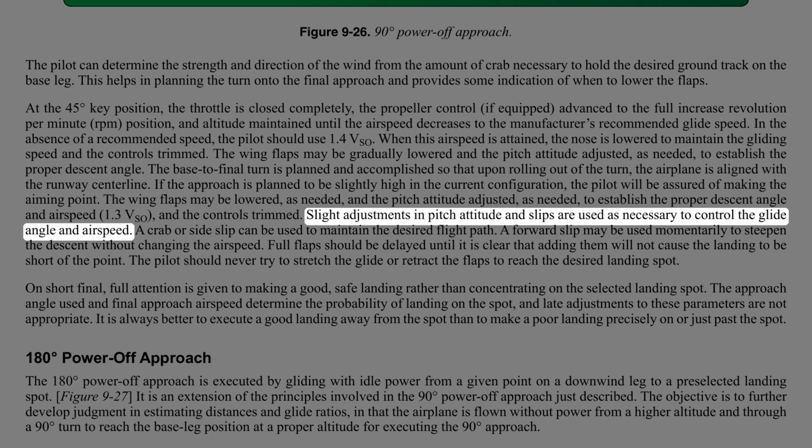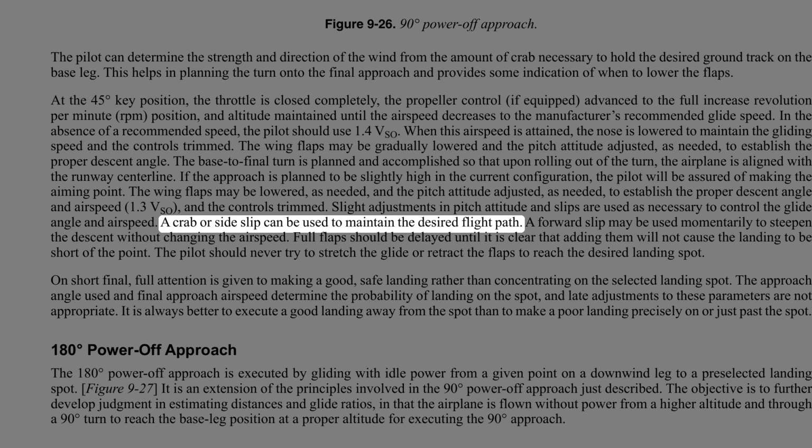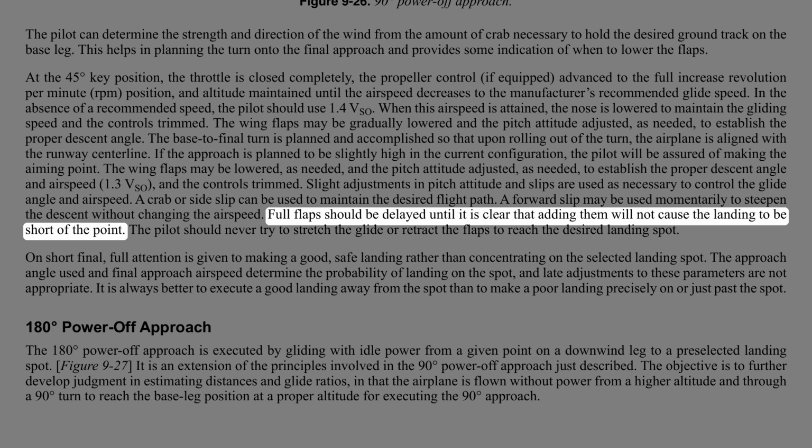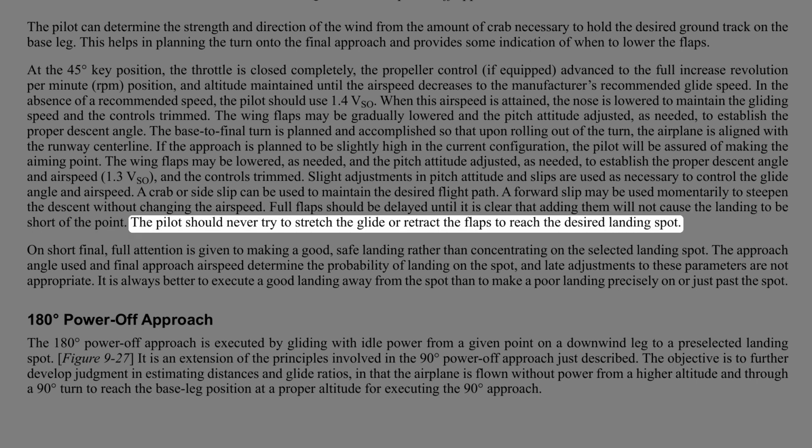Slight adjustments in pitch attitude and slips are used as necessary to control the glide angle and airspeed. A crab or side slip can be used to maintain the desired flight path. A forward slip may be used momentarily to steepen the descent without changing the airspeed. Full flaps should be delayed until it is clear that adding them will not cause the landing to be short of the point. The pilot should never try to stretch the glide or retract the flaps to reach the desired